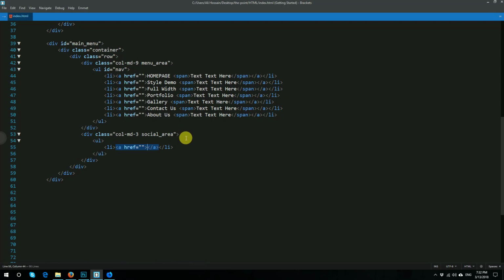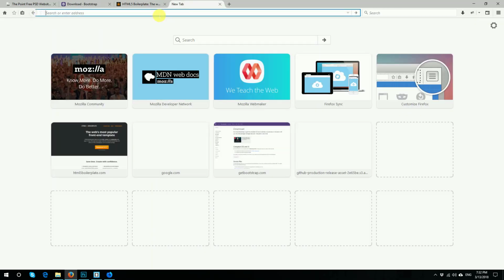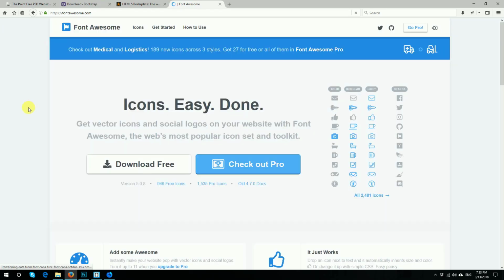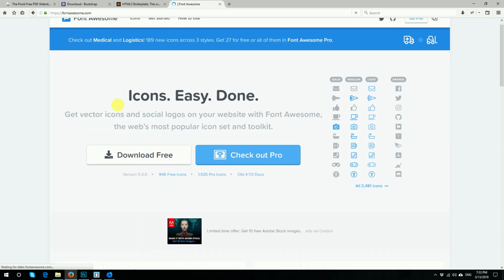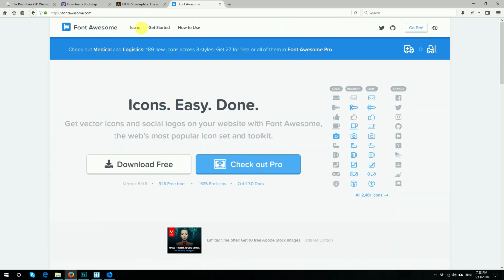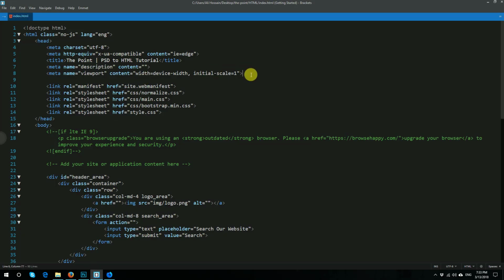and I will use here Font Awesome 5, the latest version. I already created a tutorial on how you can use Font Awesome. You can check. To keep this tutorial short I will just do this first, but for understanding how you can implement Font Awesome, you can check my beginner guide tutorial for Font Awesome. So for doing that I will click get started, and I'll just copy the whole text, and I will paste this text here,